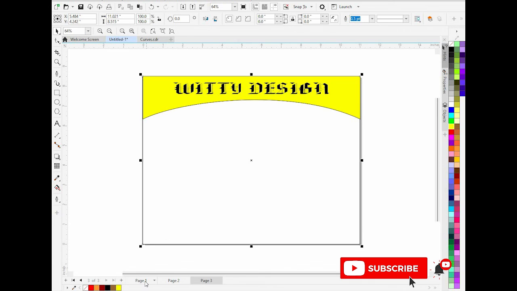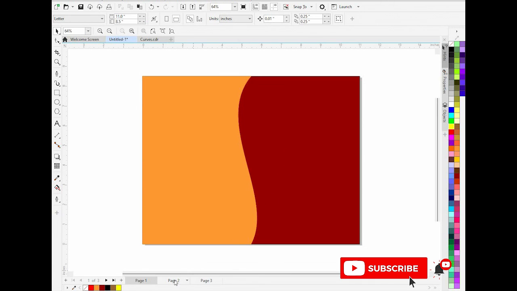Okay, so there are a lot of things that you can do with convert to curves. So for today we are going to end here. God willing, in another video I'll show you more examples, another example on how to use the curves, and then